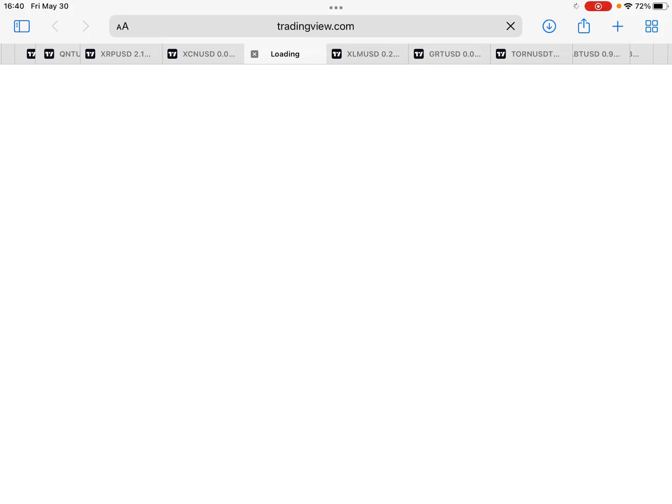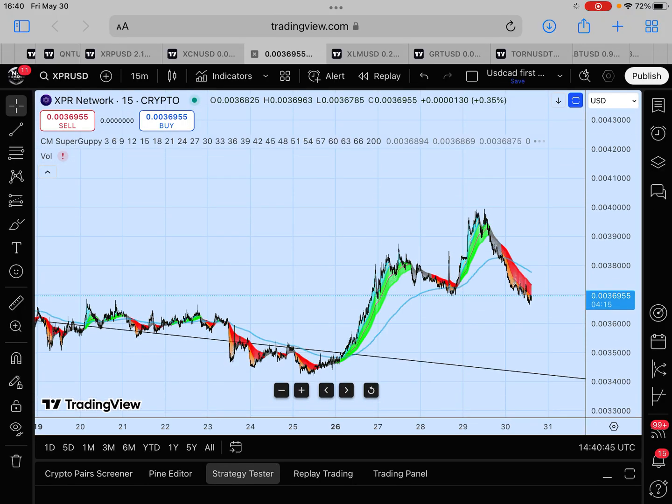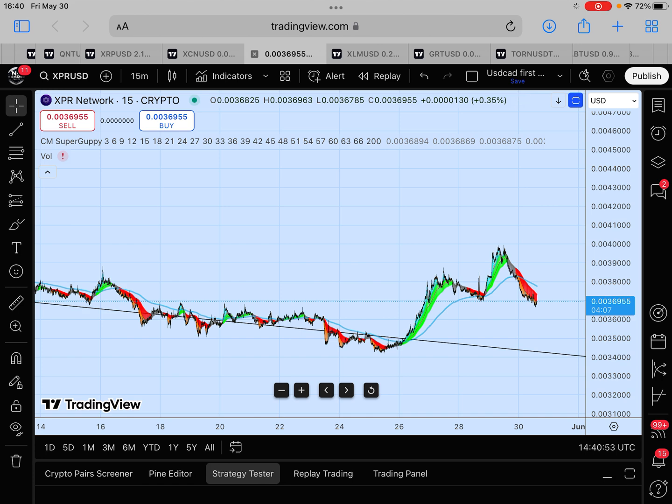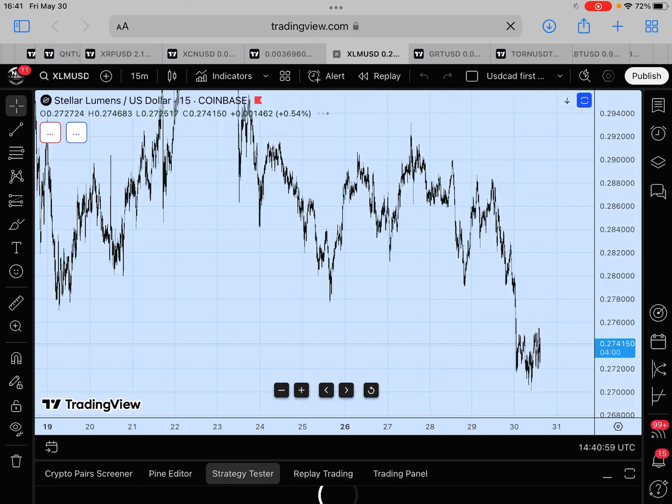And like we were talking about XPR instead of XRP, for the potential investment, we'd still want to see this trend a little bit lower and get some support off that 0.003. Really, we want to see Bitcoin make a move upwards, but I don't think that's going to be happening for a few days. XLM,